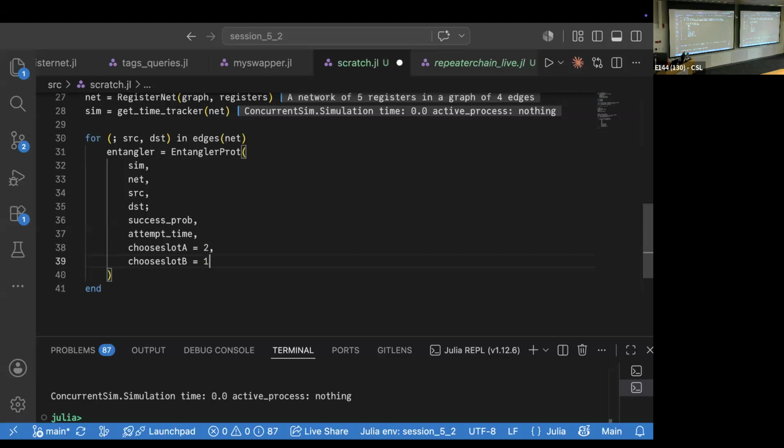So the entangler protocol we are launching on this link, when it tries to lock and reserve a slot on this node here, it will try to reserve the right one. So this is why choose slot A sets it to 2. We want to try to reserve only the second slot of the left node, and we only want to work on the